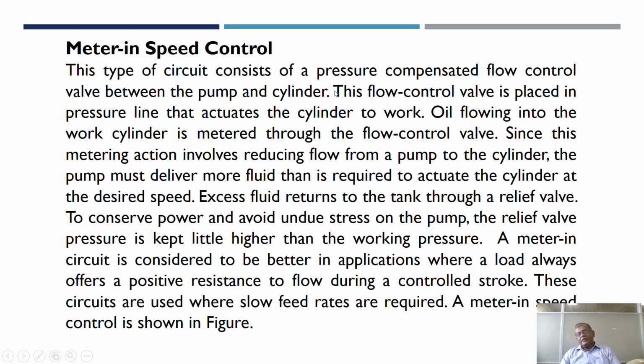This type of circuit consists of a pressure compensated flow control valve between pump and cylinder. This flow control valve is placed in the pressure line that actuates the cylinder to work. Oil flowing into the work cylinder is metered through the flow control valve. Since this metering action involves reducing the flow from pump to the cylinder,